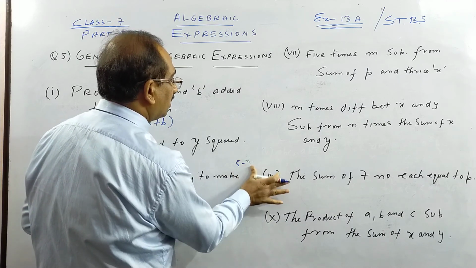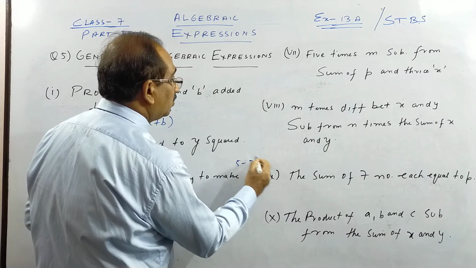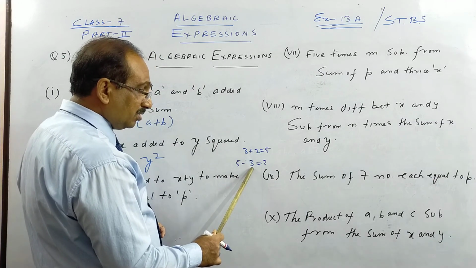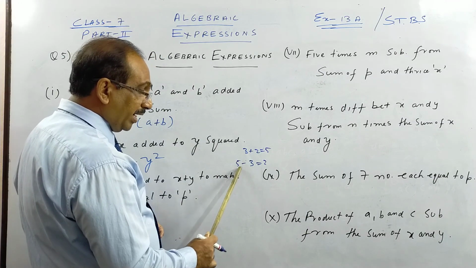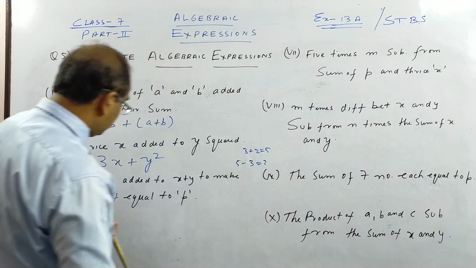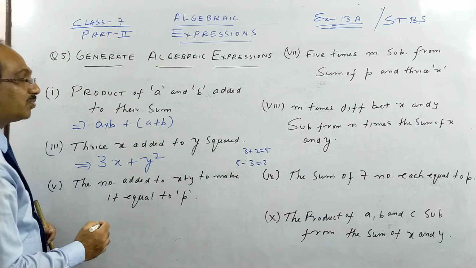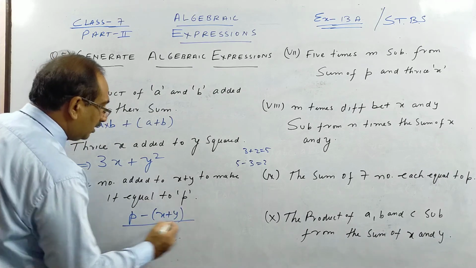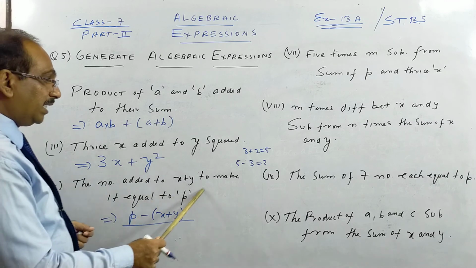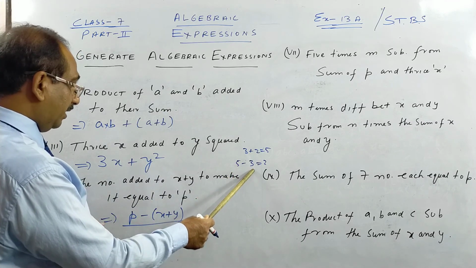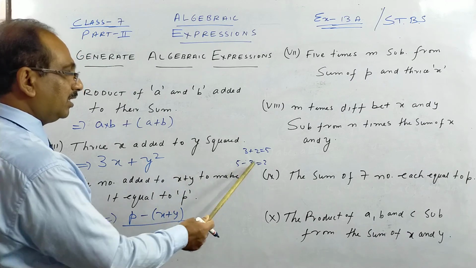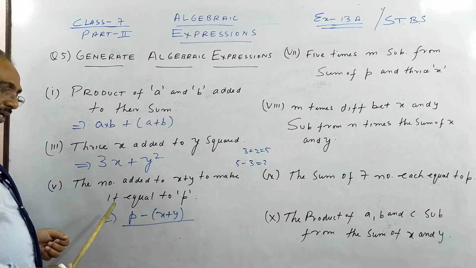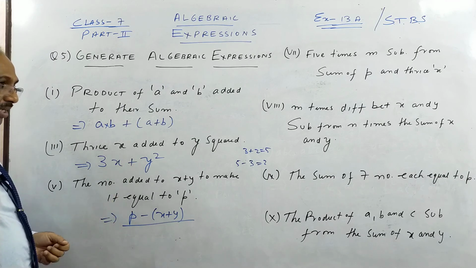See the question, children. Number added to 3 to make it 5 means you subtract 5 minus 3. So number added to x plus y to make it equal to p will be p minus (x plus y). The number added to 3 to make it 5 is 5 minus 3, which is 2, because 3 plus 2 is 5. So try to pause the video, play back, and try to understand each word I have said to explain this.